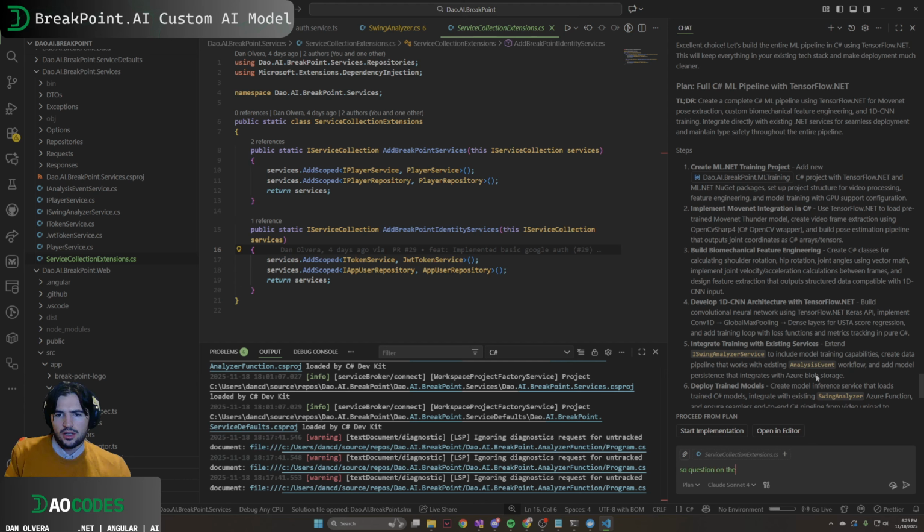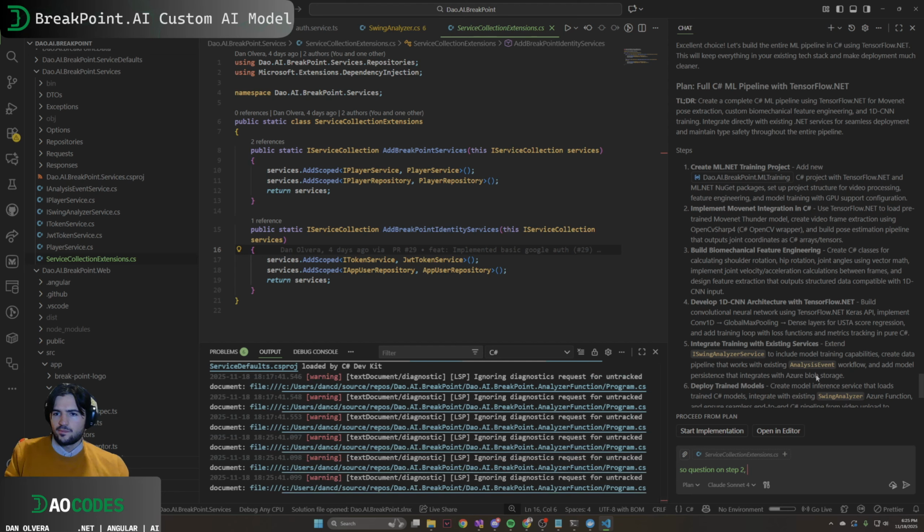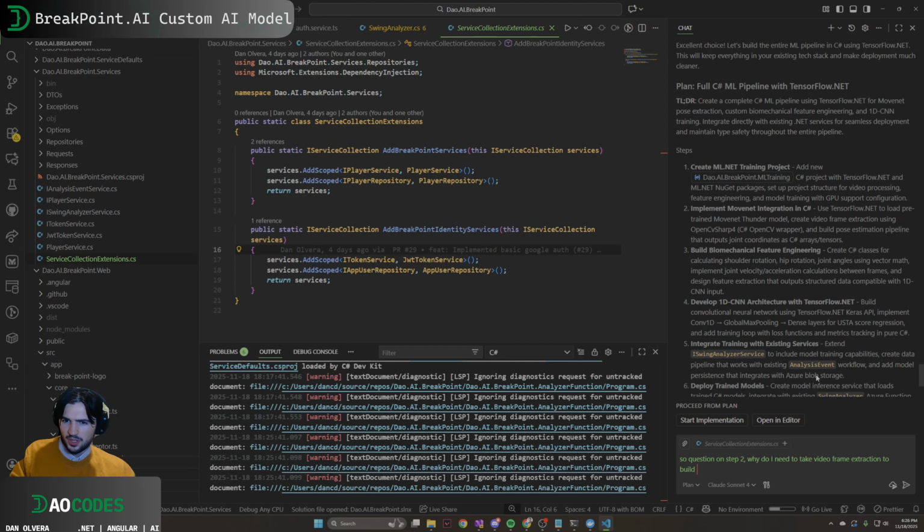So question on step 2. Why do I need to take the TensorFlow... well, why do I need video frame extraction to build pose estimation? We aren't using all frames data over time as input. My input to my